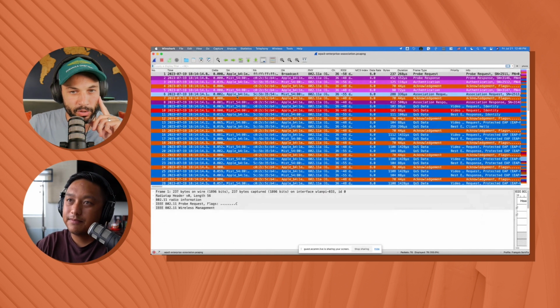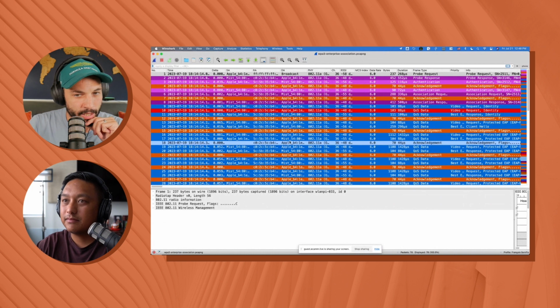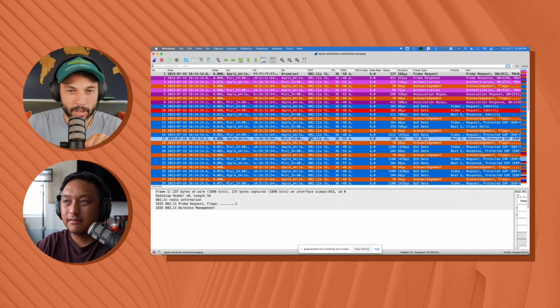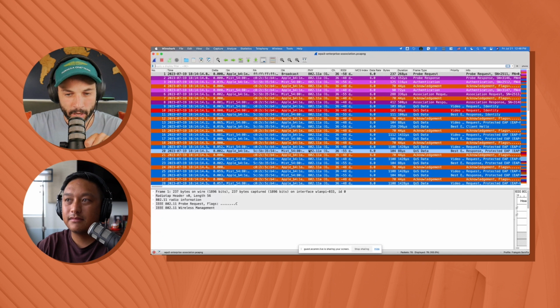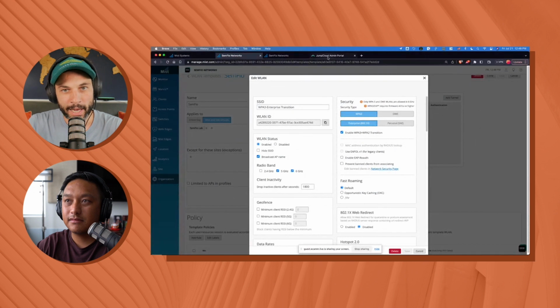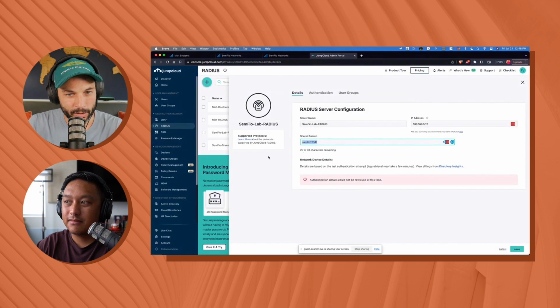Okay. So the last thing I want to show here is opening Wireshark, taking a look at the frame exchange when a client actually connects to a WPA3 Enterprise network. To set that up, I used JumpCloud as a RADIUS server. It's like a web portal that you can use to